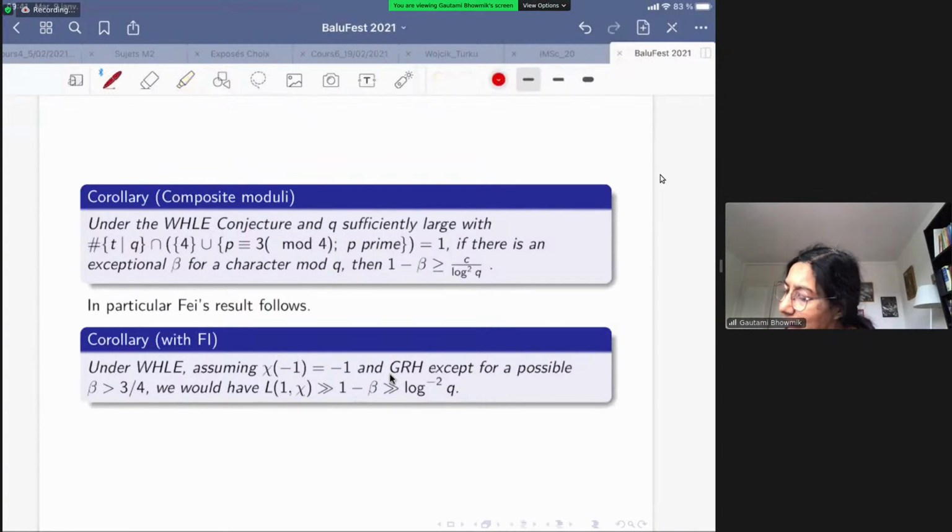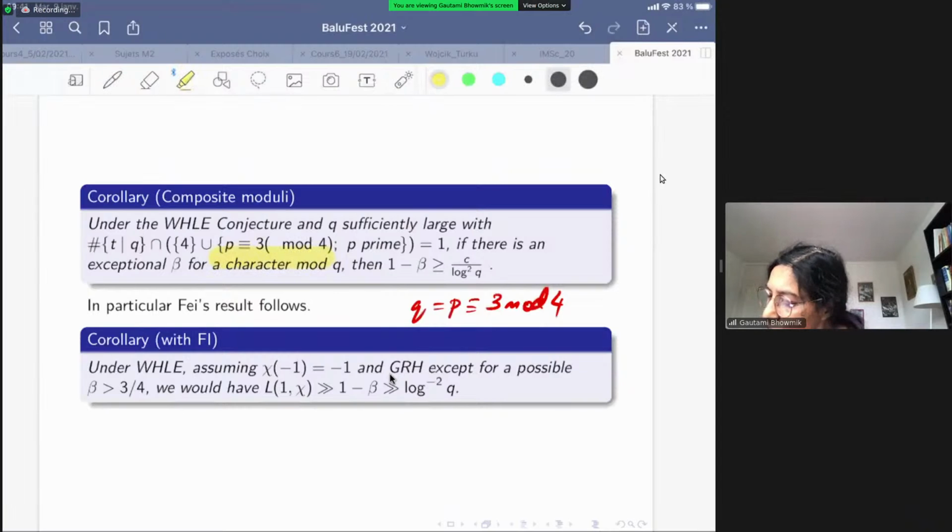Which case is phi's? Phi's is the case that Q is equal to P, and it's congruent to 3 mod 4. You see that here. So this is phi. So it follows from that. It also